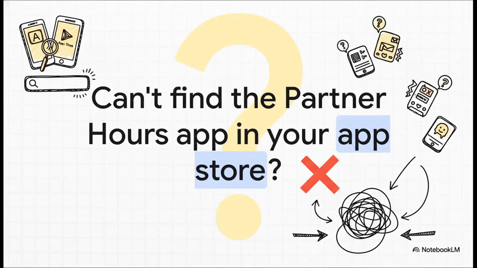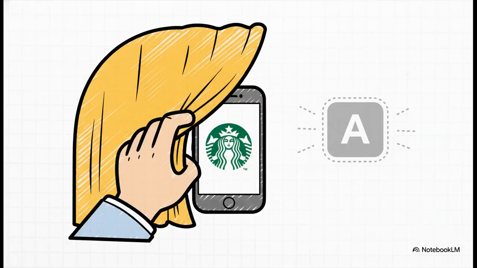So, let me guess. You're a Starbucks partner, you hop on the App Store or Google Play, you type in Starbucks Partner Hours, and crickets, right? Or maybe even worse, you find a bunch of weird-looking apps that just don't seem right. Sound familiar? Okay, first things first, you are not going crazy. The official app really isn't in the public app stores, and there's a really good reason for it. Don't worry though, the real process is super straightforward once you know the secret, and we're going to walk you